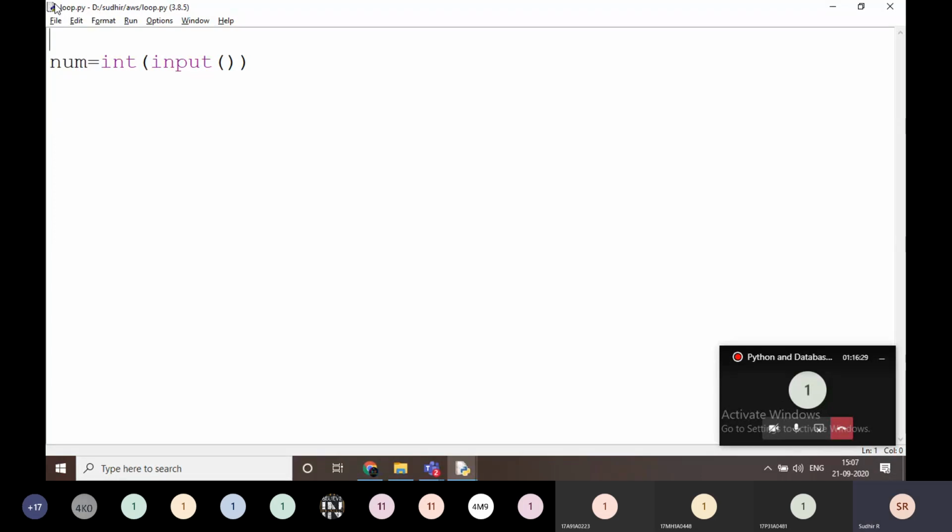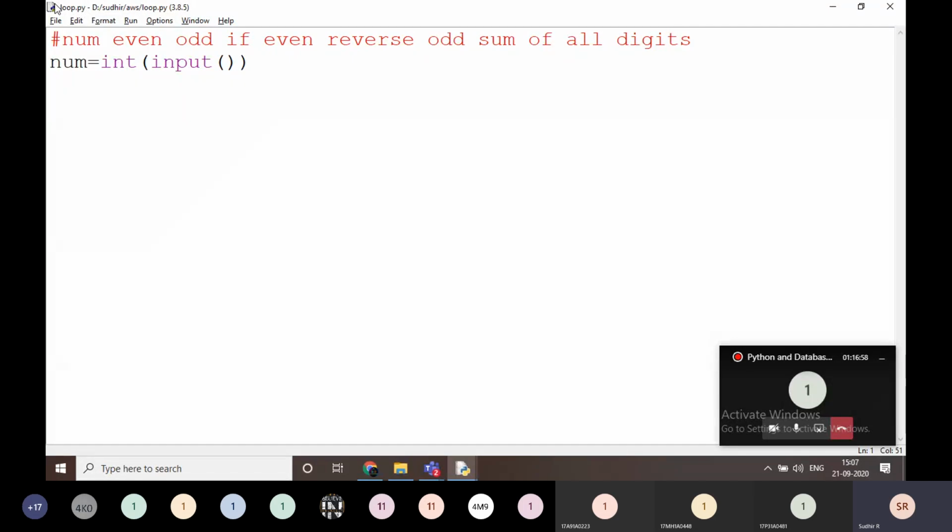First of all, I'm going to read a number. I'm going to find is it even or odd. If it is even, I'm going to reverse it. If it is odd, I'm going to add the sum of all digits. Okay, this is my concept here.